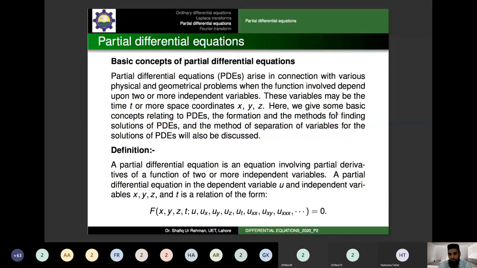Just like if you remember from calculus, we discussed ordinary and partial derivatives. The derivative is with respect to only one independent variable in case we have a function of only one independent variable and we are interested to find the change, so it will turn out to be an ordinary derivative. But in the case of a function of more than one variable, now we have more than one option to move around.